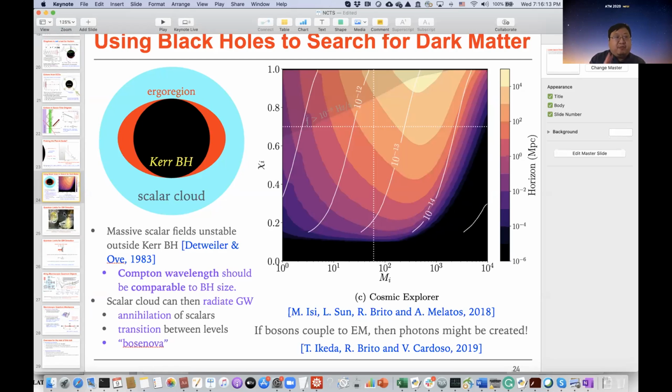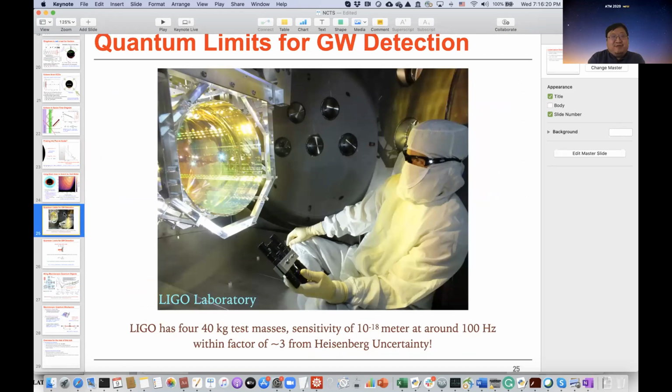So let me just, okay, since the time is getting very close to the end, let me very briefly jump into the other topic, which I also want to mention just for a little bit, which is that the detectors allow us to study relativity, but they also allow us to study quantum mechanics. Because the sensitivity of these devices is actually so good that they are really near, in some sense, the limit posed to us by the Heisenberg uncertainty principle when you apply that to 40 kilogram test masses.